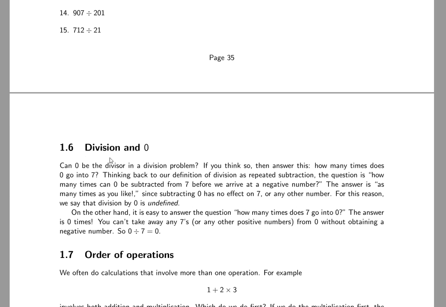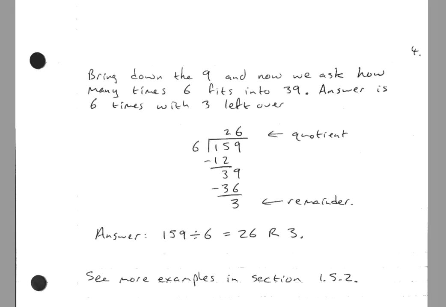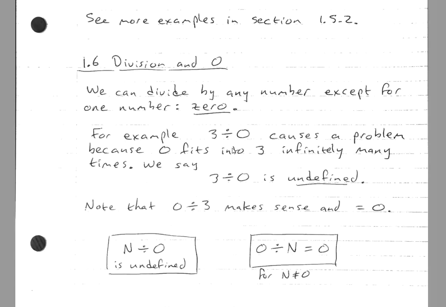And one last quick section, division and 0. I'm making the same points here. You just have to be a bit careful when 0 is involved in any division question. The point is, you can divide by any number except for 0. So what happens if you try it? I talked about this in the introduction. For example, if you're trying to work out 3 divided by 0,